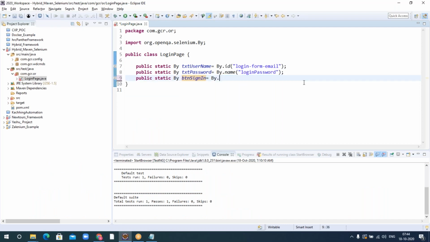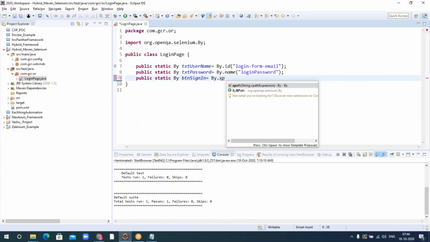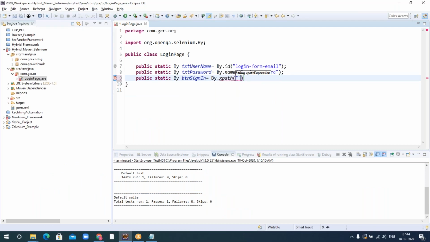By.xpath, and I'll just put the XPath for it. So in this way, you can write any locator like ID, name, class, link text. If it is a link, you can write the link text like that. Okay, this is the thing which I require in order to log in.